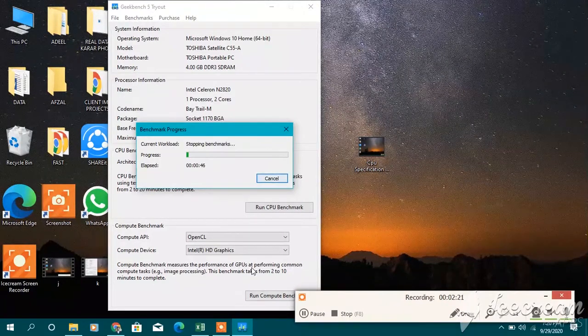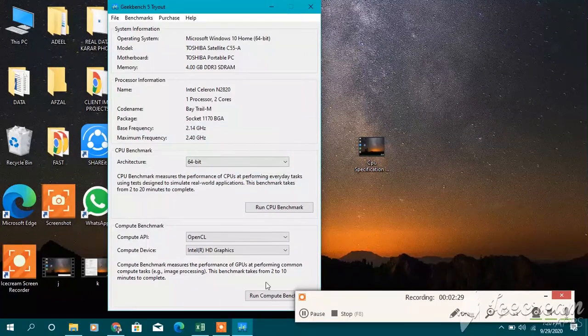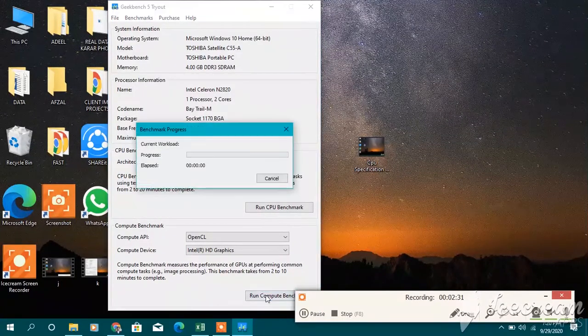After that, I have to evaluate the next one. Next is the run compute benchmark, and it takes almost 45 minutes to complete on my system, which is a Toshiba C5, I think a dual core.